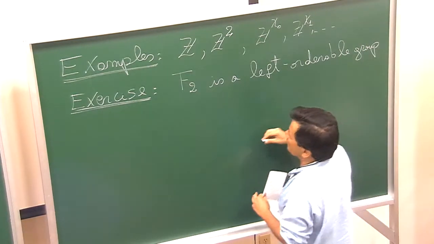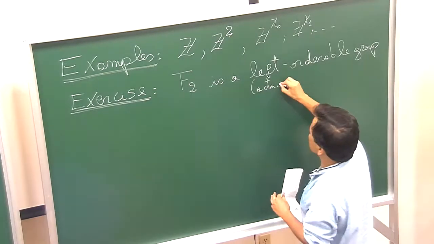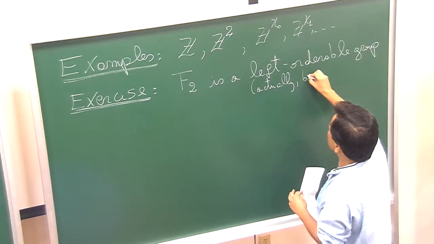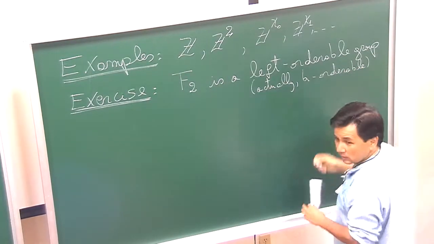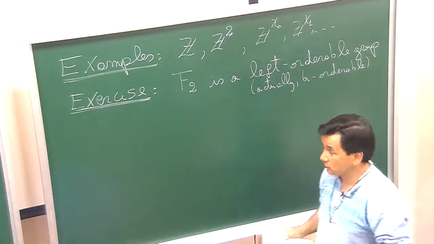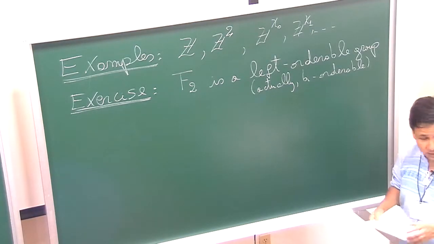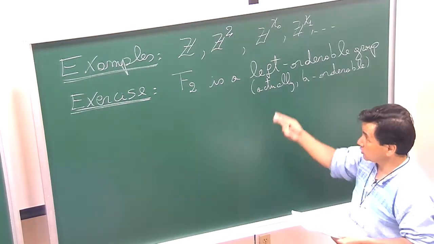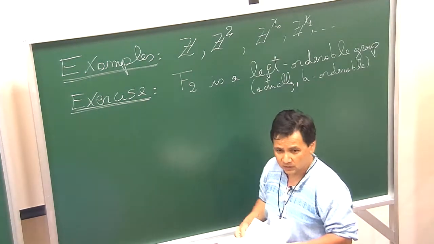And actually this is a bi-orderable group. Okay? But actually it's not that easy to give explicitly an order on the free group. But this is an orderable group. And of course, if you have something which is shared by the integers and F2, well,